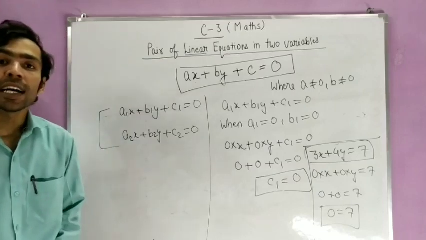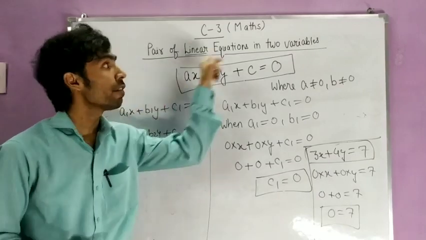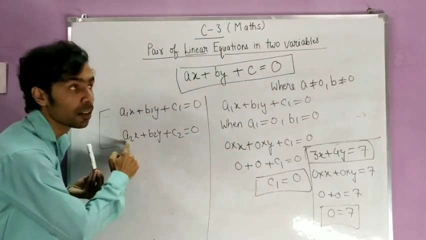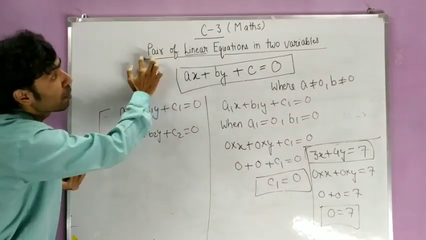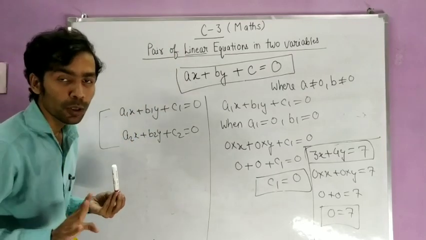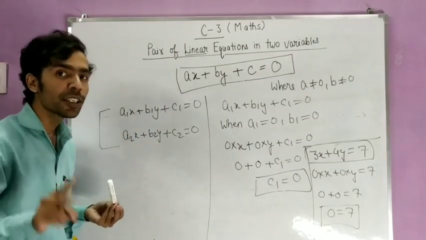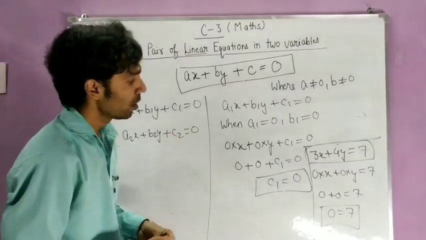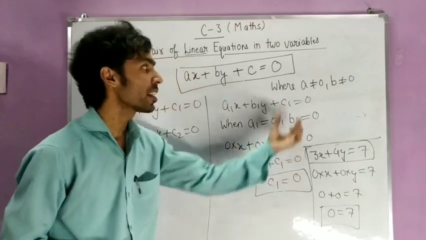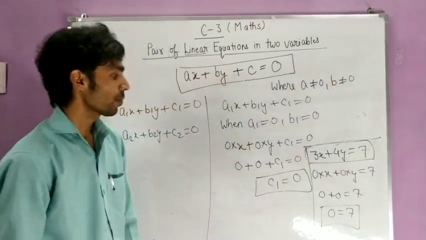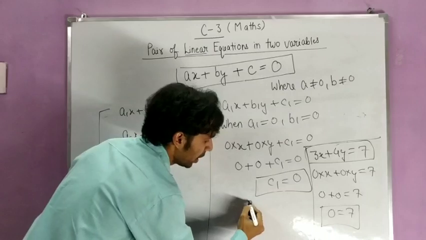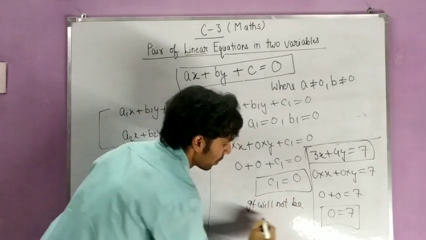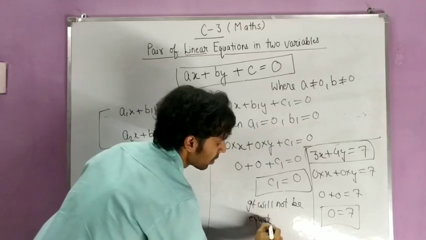And whenever you have to write the general form of a pair of linear equations in two variables, you will write both together, because here it is asking for a pair, and pair means two, so you have to write two equations in two variables. Okay, so I hope you have understood. Also you note down this thing, why it cannot be 0. It will not be an equation. After that you can write this.